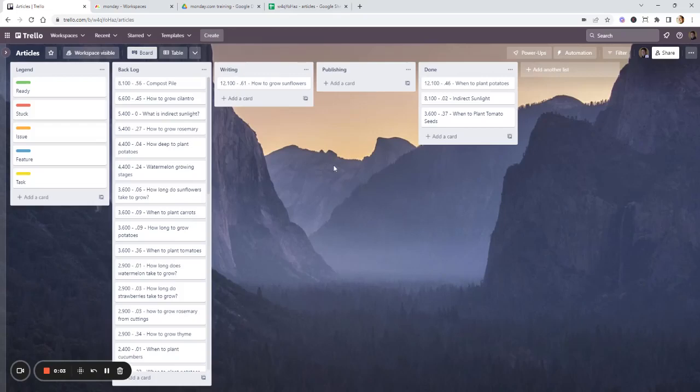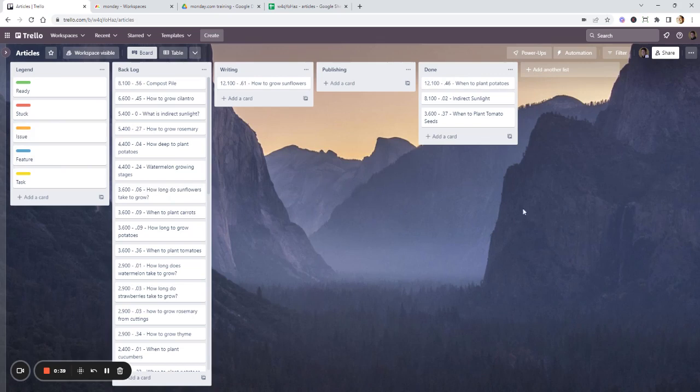This is a demonstration of how to migrate from a Trello board to a Monday.com board. What you'll need to do is export your board to a CSV file, edit that file to match up the columns that you want in Monday.com, and then import into Monday.com. So you'll see my Trello board currently has 5 columns, with items in different columns for the board.